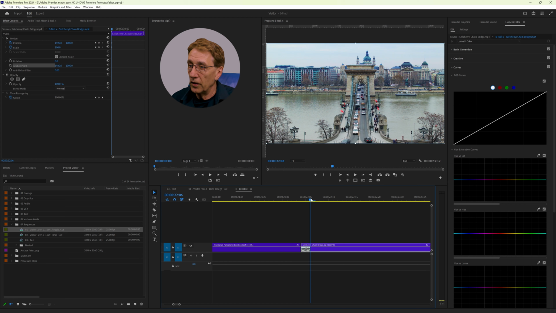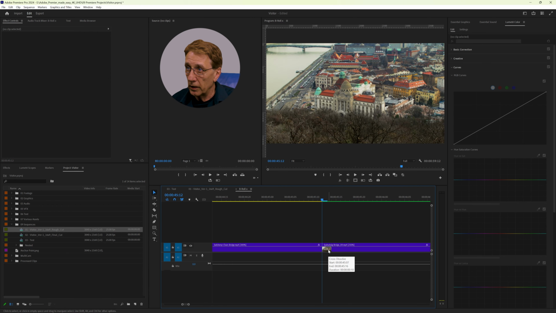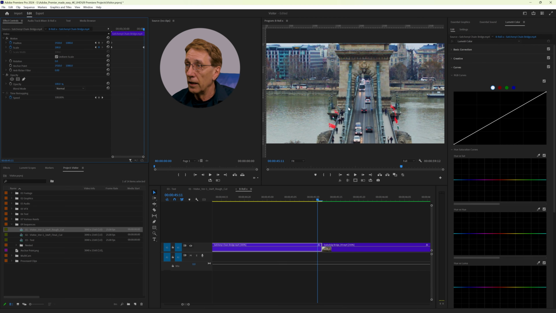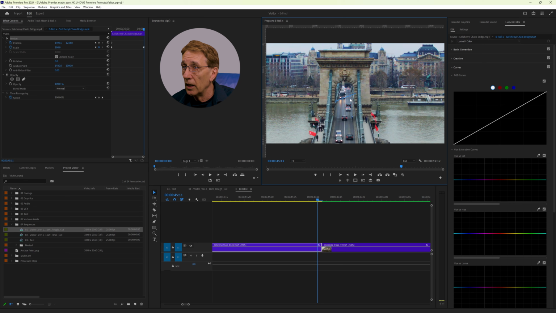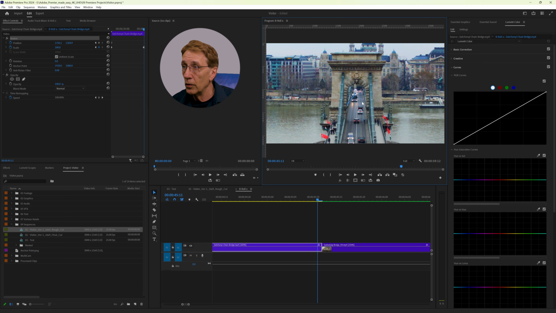Now I jump to the end of my clip. I delete this cross dissolve so I can better see the end of my clip. And I'm zooming in 180. I want to have that bridge centered at the end, so I move it here. So that's pretty much where I want to end. So we have a nice zoom effect on this clip as well.